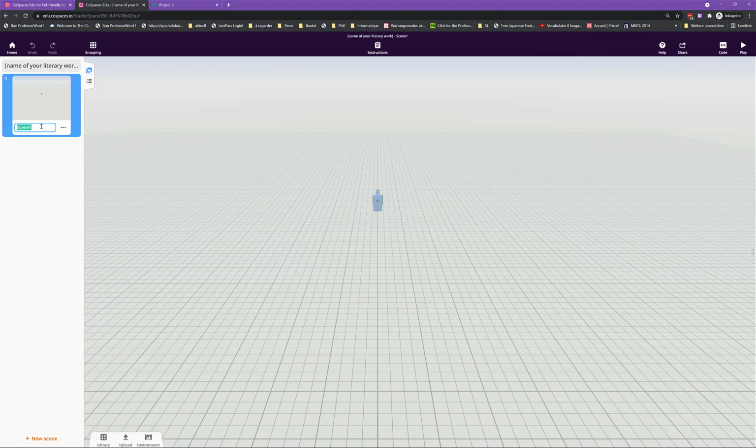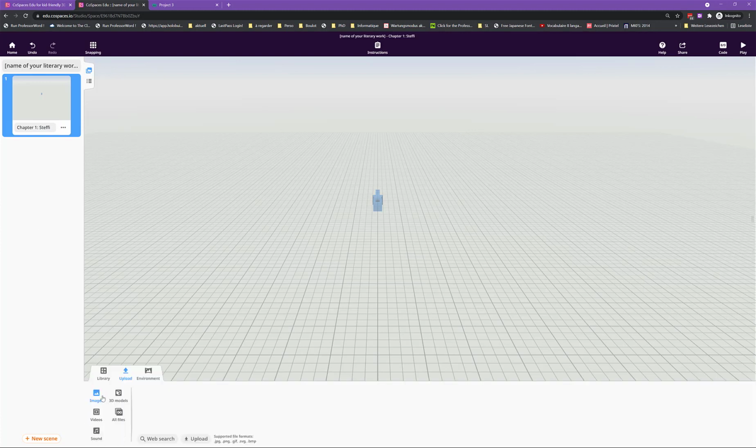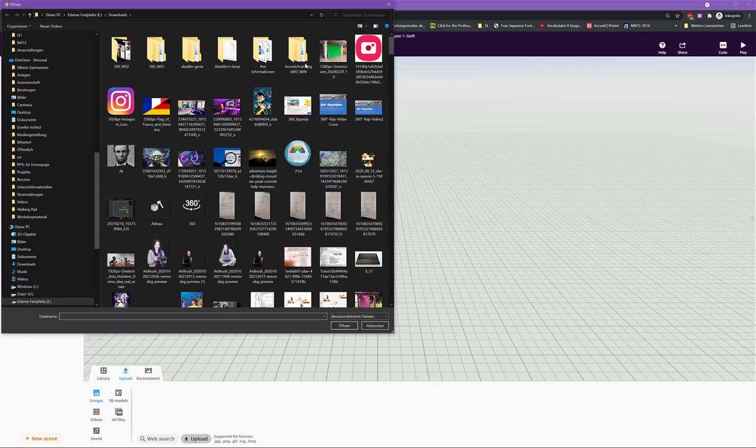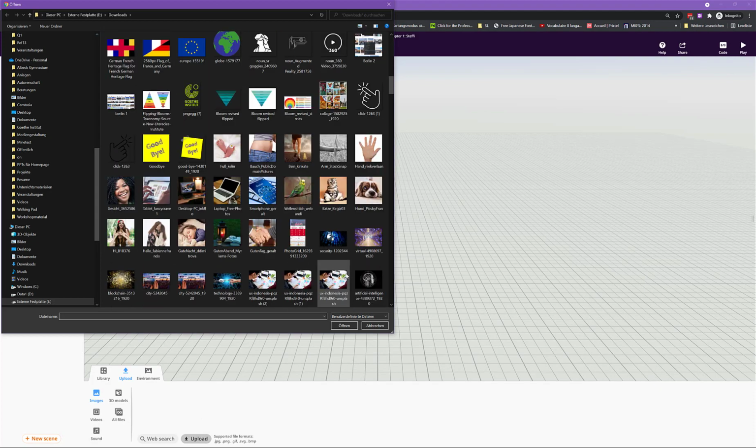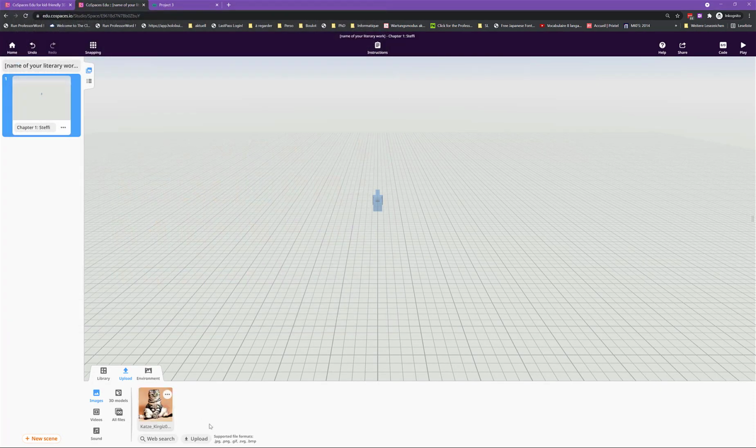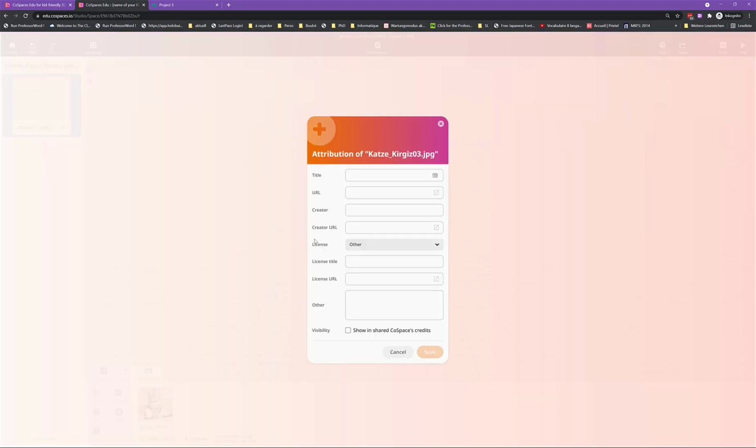And you add your first name here. So this would say chapter 1, Steffi. And then first of all, you go to upload and you upload all the images you need for illustration of cultural differences. So for example, I'll just pick one at random because I want to show you how you edit attribution. So once you've uploaded your photos, you go to the 3 dots and then you pick edit attribution